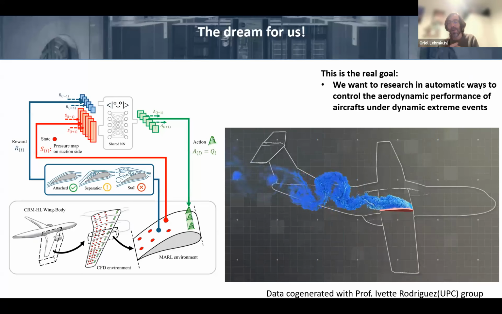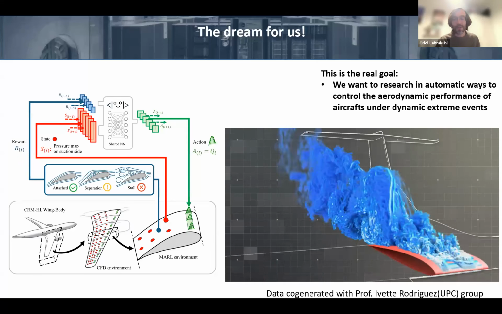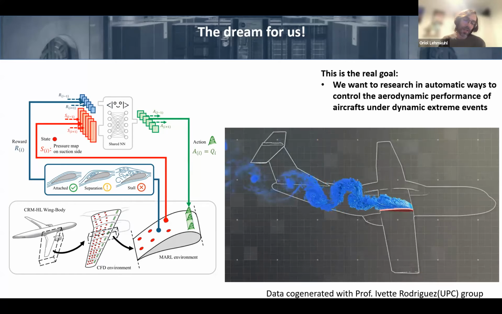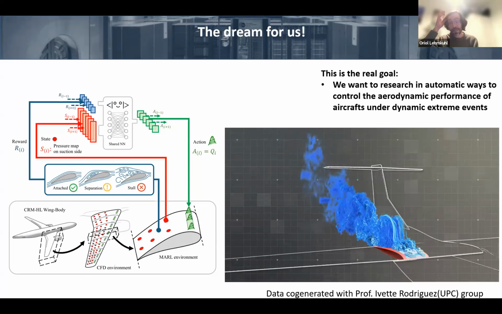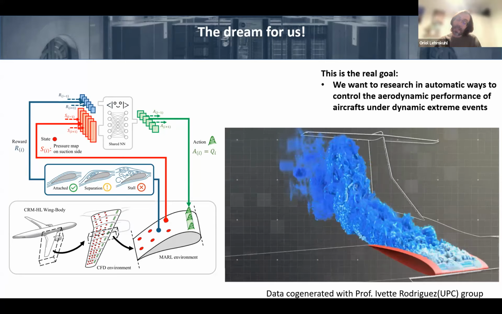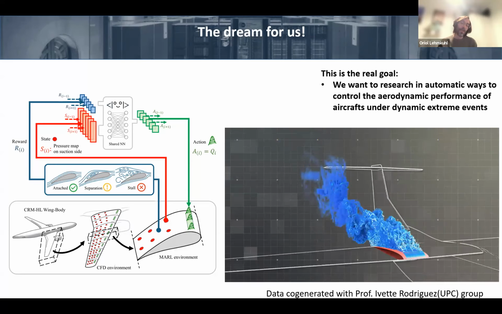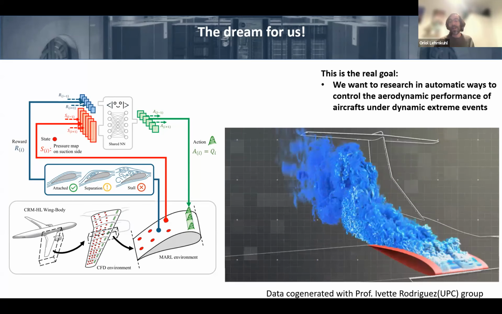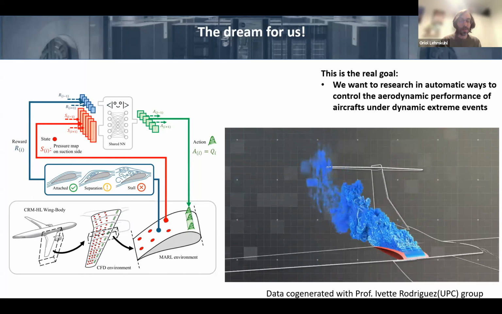And this is our vision. We would like one day to have an aircraft where we have different active flow control surfaces. Here we are thinking of just using zero-net-mass actuators, but it could be other actuators. It could be mechanical actuators where we are doing morphing of the wing. Could be more things. But imagine that we can put all the synthetic actuators, we are able to run the real full aircraft, we are able to train a reinforcement learning algorithm,